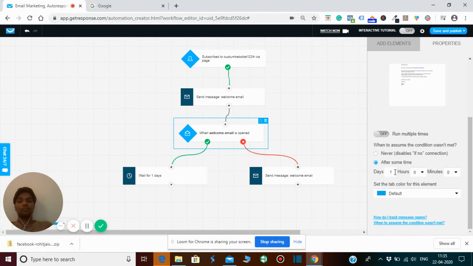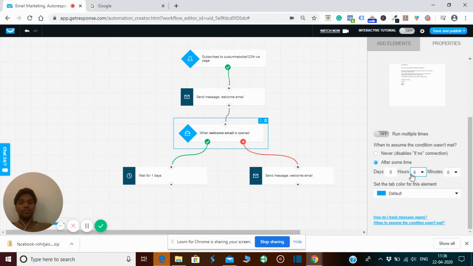For example, they have not opened your message in one day, so after one day you will send the welcome email. Or, for example, I will write 6 hours. If somebody is not opening my email for 6 hours, then after 6 hours they will get a message again, that is the welcome email.